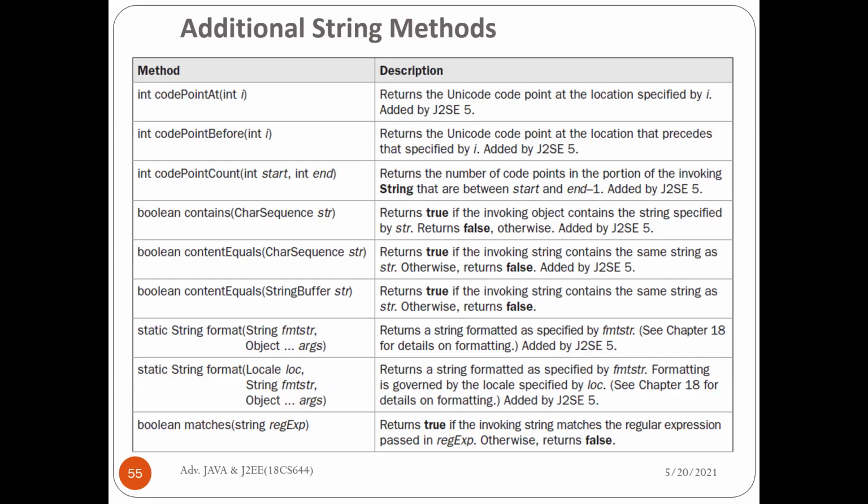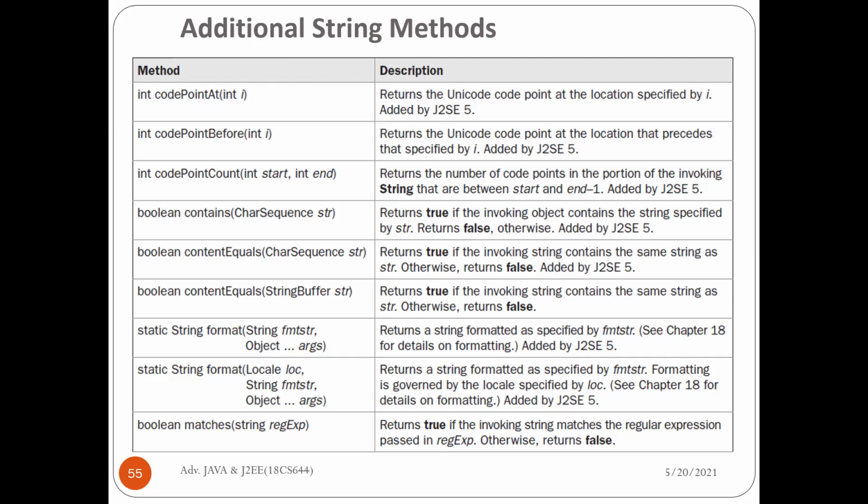So in a string class, there is a codePointAt(int i) method. This particular method returns the Unicode point at a location specified by the index i. Again, this has been added in Java 5.